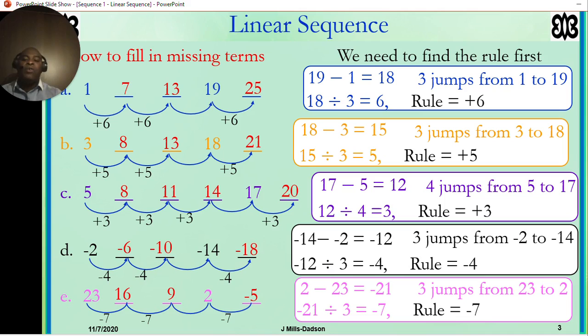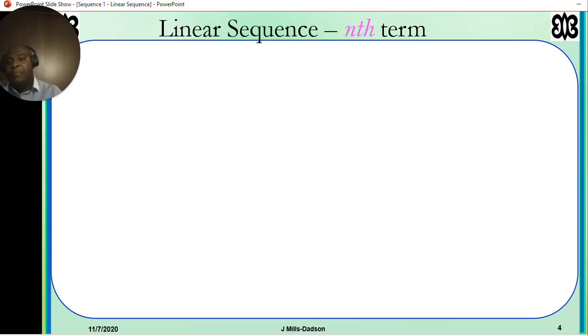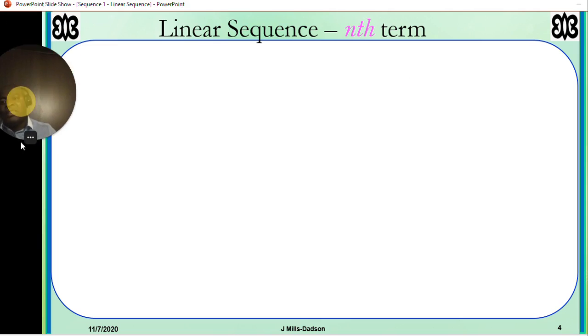So this is one way of figuring out the rule of the sequence and using it to fill in the missing terms. Now let's look at the formula, the M